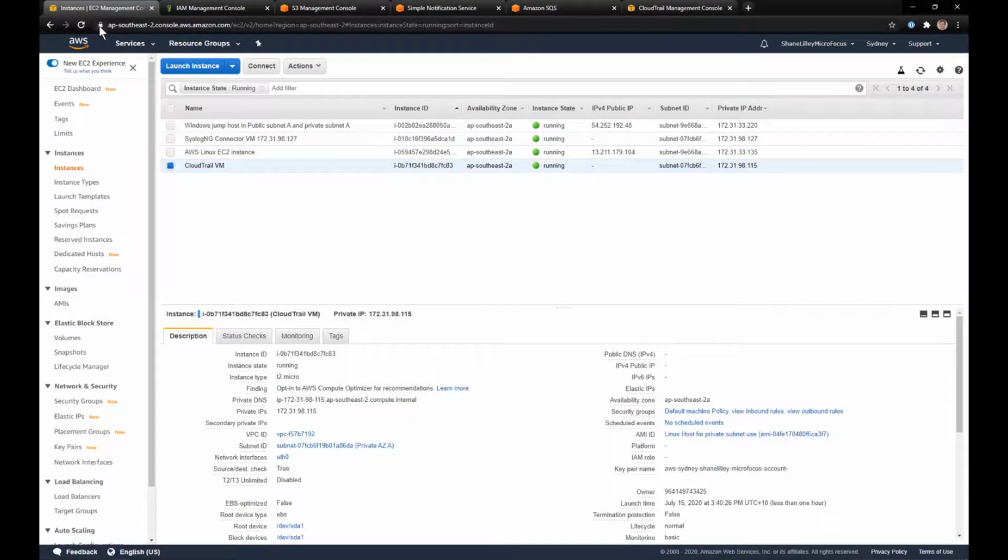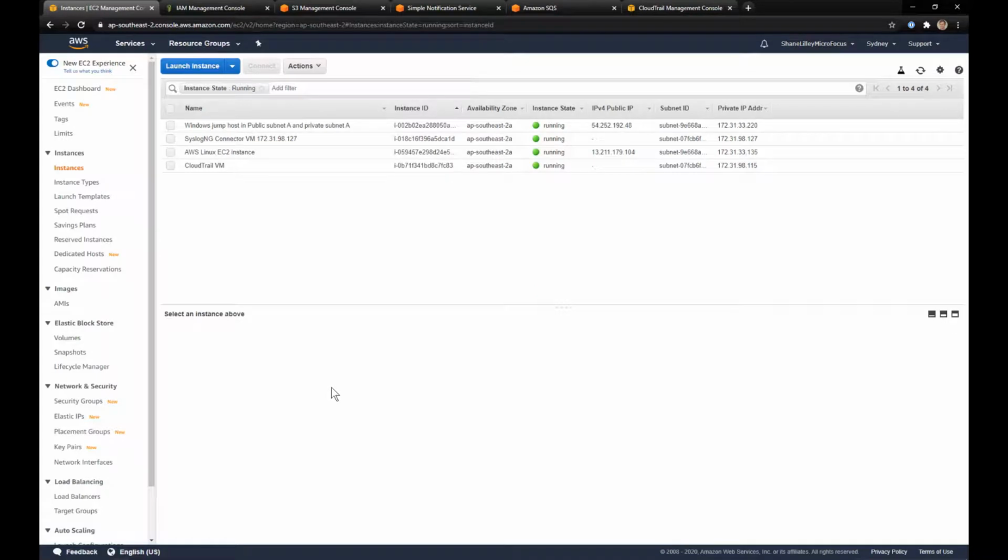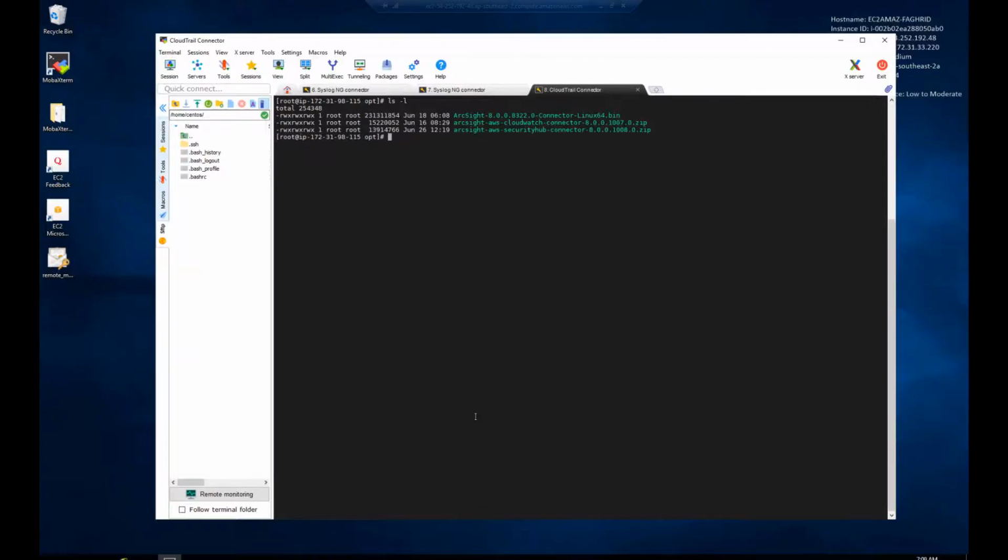Alright, so let's pop over to the actual EC2 console, and what I've got here is a CloudTrail virtual machine. Now this is just a stock standard 7.6 CentOS supported by our connector framework, and it's in a private network. I can't get to it from the outside world. So what I've also got here is a Windows jump host, which actually has an IP address in a public subnet and also an IP address in the private subnet, so I can effectively jump across to it and effectively cheat that way. So now that I go into my Windows RDP session, this is my CloudTrail connector box,